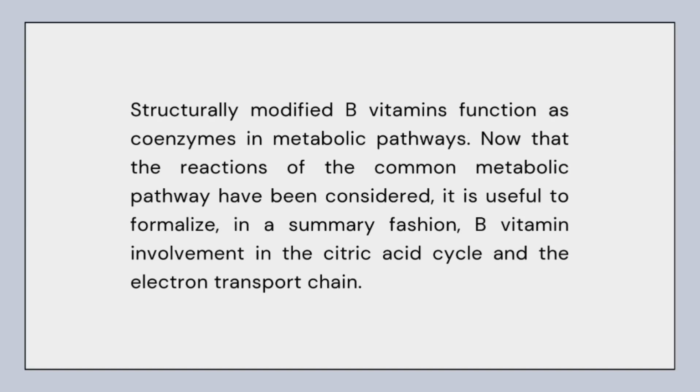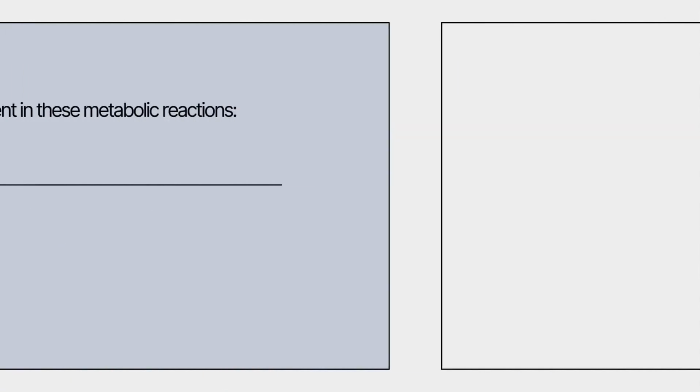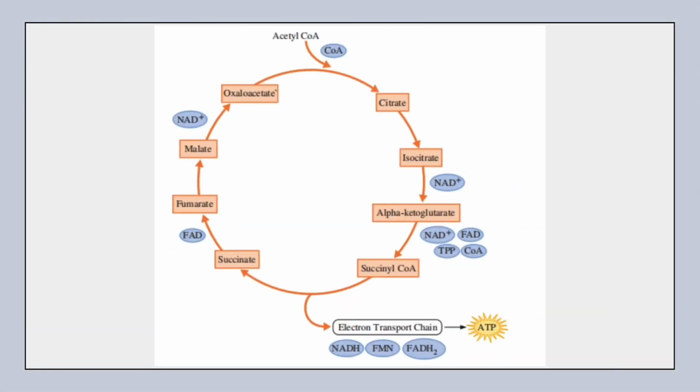Now that the reactions of the common metabolic pathway have been considered, it is useful to formalize in a summary fashion B vitamin involvement in the citric acid cycle and the electron transport chain. These are the 4 vitamins that have involvement in these metabolic reactions. First, niacin, second, riboflavin, third, thiamine, and fourth, pantothenic acid. Let's discuss more about these four